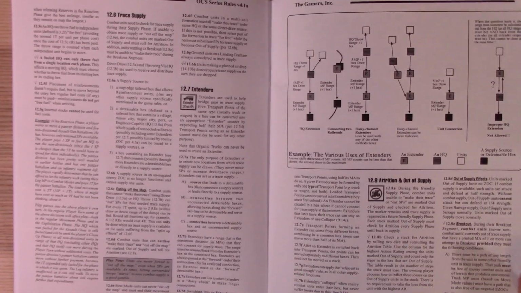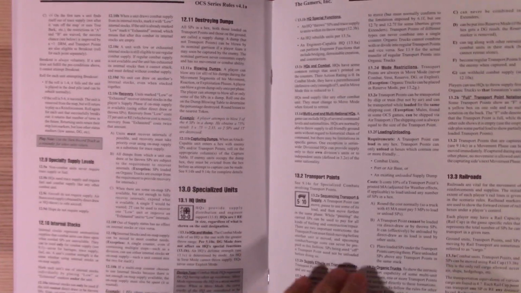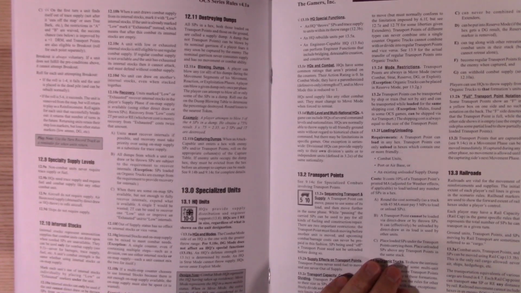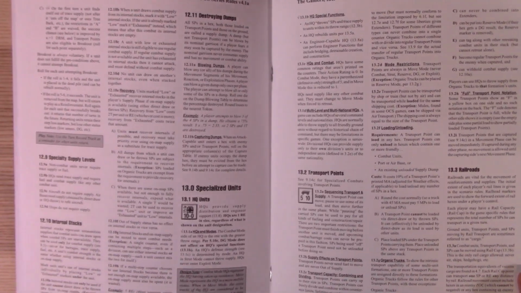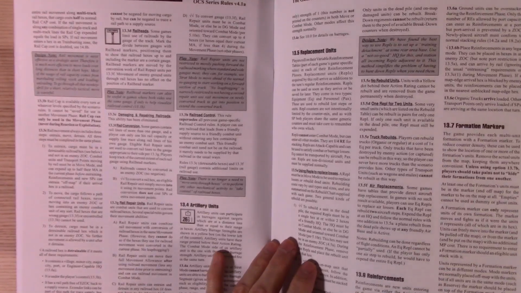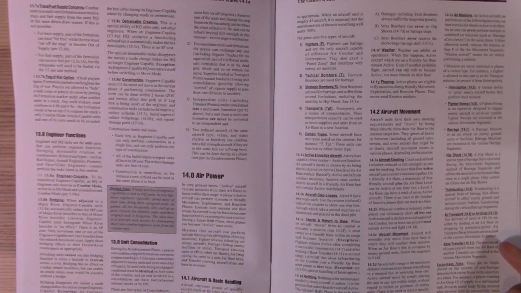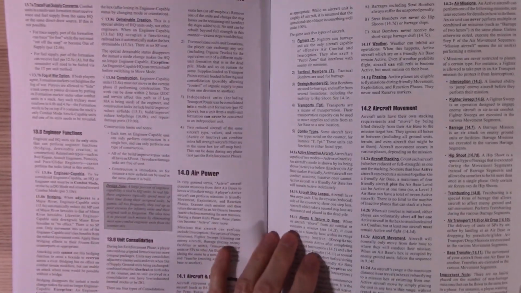And tracing supply, eating off the map, attrition and out of supply. Destroying dump, specialized units. Okay, HQ units provide supply distribution and engineer support, right? Transportation points and railroads. How can you live without them in OCS? Rail heads, artillery units, replacement units, reinforcements, formation markers, engineer functions, air power, aircraft movement, aircraft stacking,